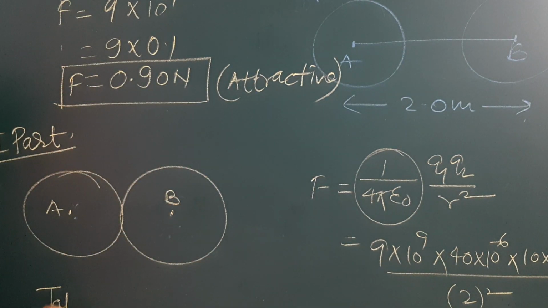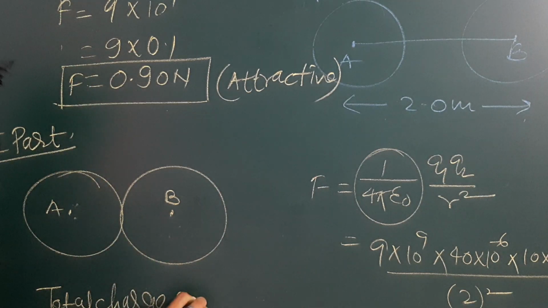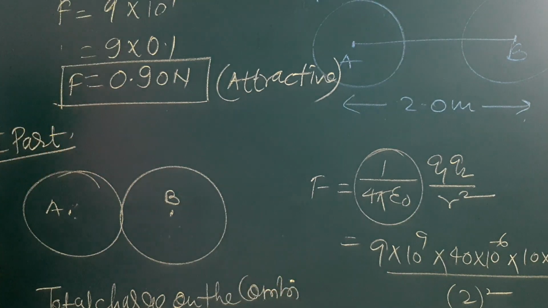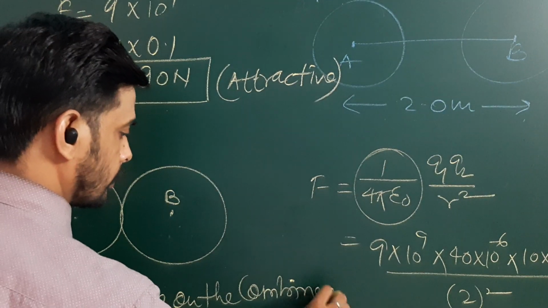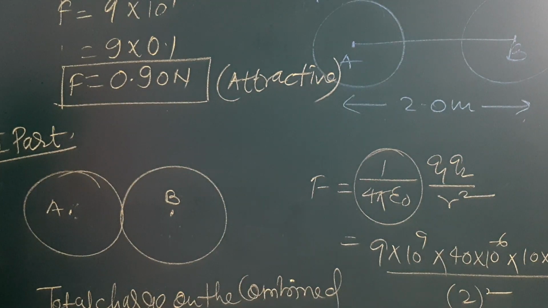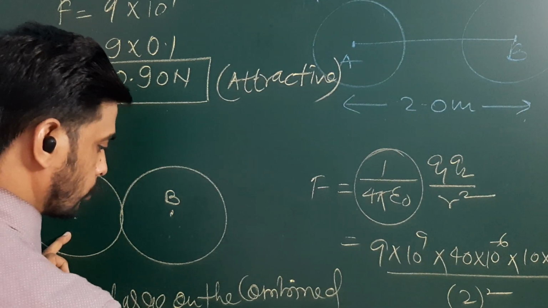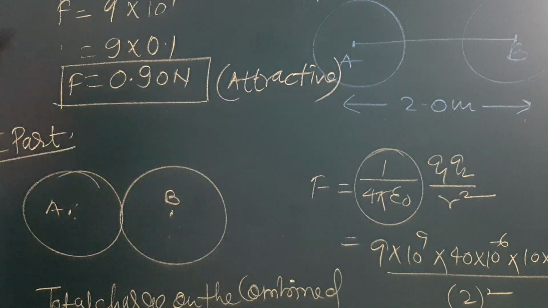So the total charge on the combination, the combined sphere, is how much? 40 minus 10, that is 30 microcoulomb. Okay, and now